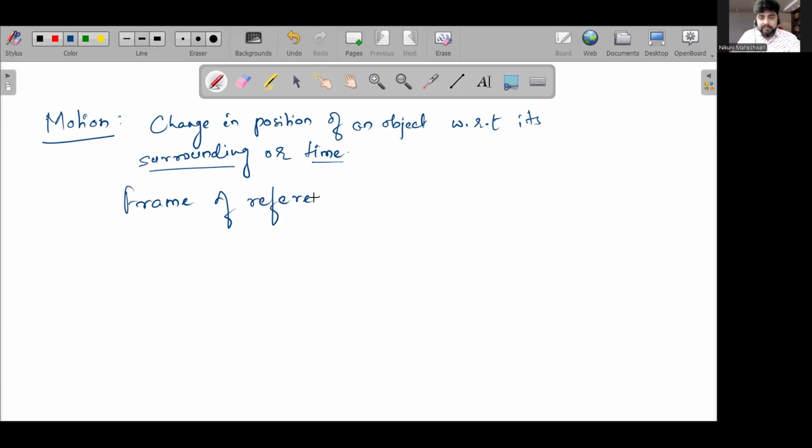So, students, do not worry or do not look at the complications that you see in your life. Always look at the solutions to those complications. Frame of reference is nothing but observer in layman language, right? According to me, something is in motion, but it's according to me. For you, the same thing at the same time might not be in motion. It might be at rest. That is what it means, right? So that is motion and rest.